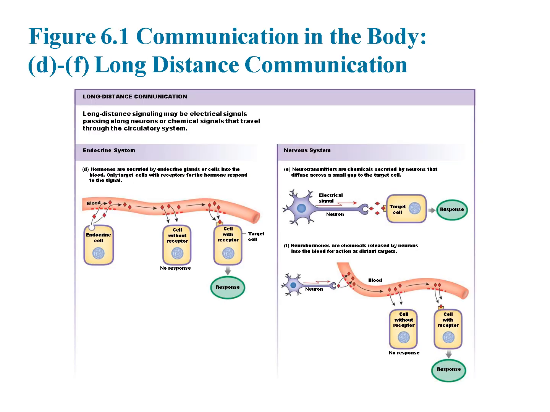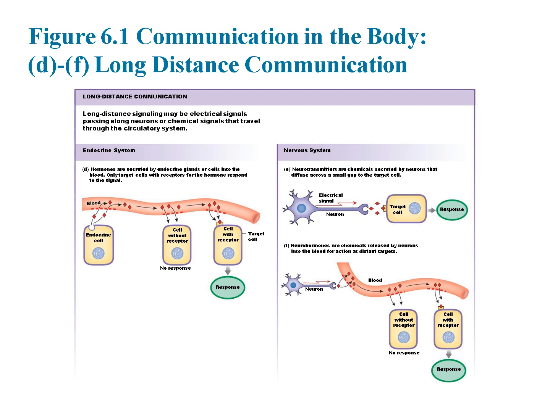This figure highlights the key mechanisms involved in long-distance communication, showing how signals can travel through the body using both the endocrine and nervous systems. On the left for D, we see the endocrine system in action. Endocrine cells secrete hormones directly into the bloodstream. These hormones circulate throughout the body, but only trigger a response in cells that have the appropriate receptors. For example, cells without a receptor for a specific hormone will ignore the signal, while those with a receptor will bind to the hormone and initiate the desired response. This selective process ensures precise control over long-distance signaling.